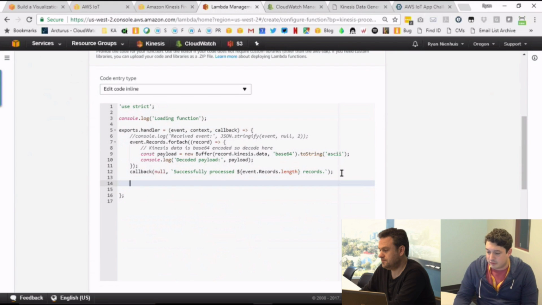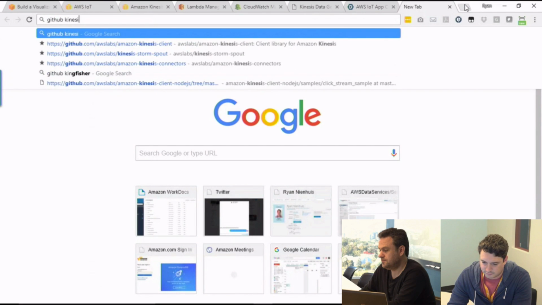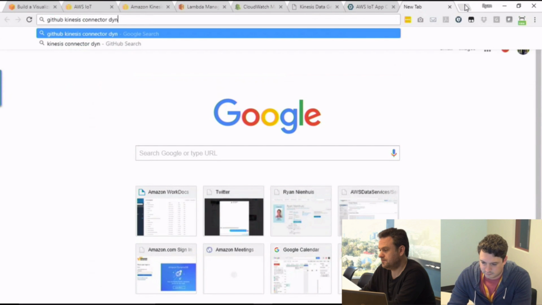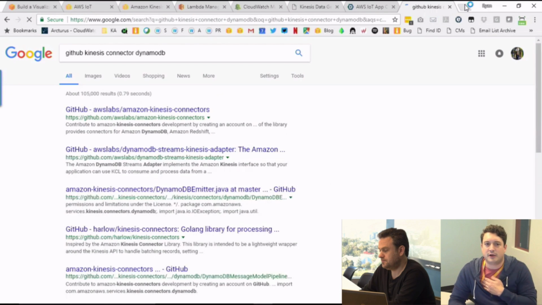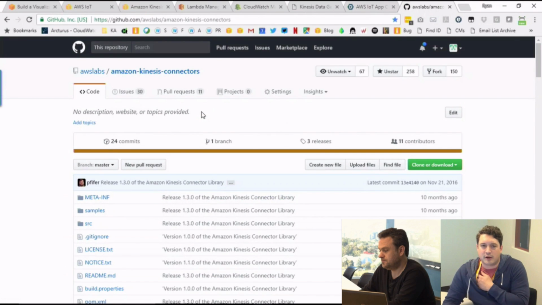The second option that I point you to is on GitHub. We have a connector. There's another open source library called the Amazon Kinesis Client Library, which is a library you'll run on EC2. It's also fairly simple to get started.